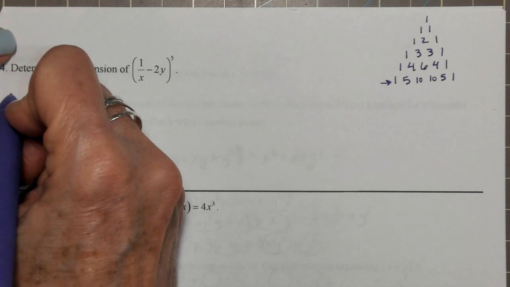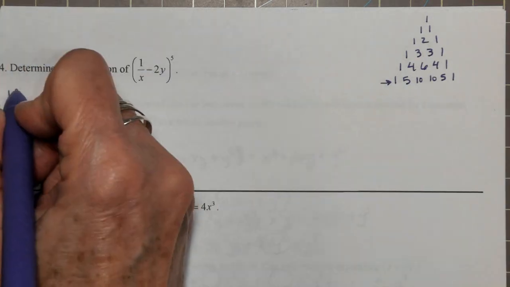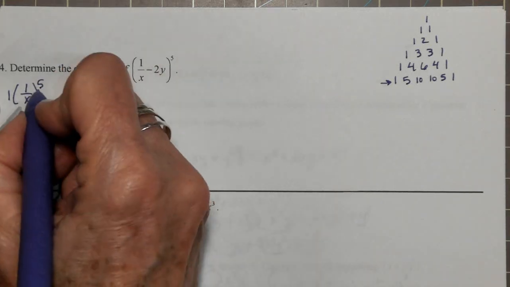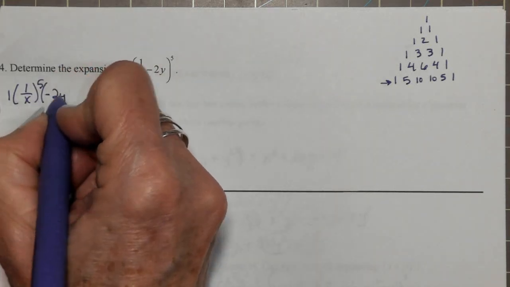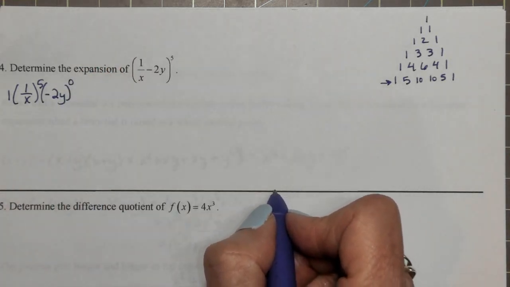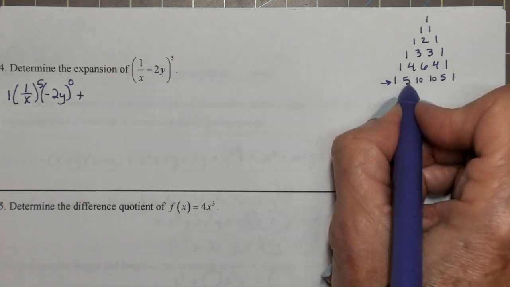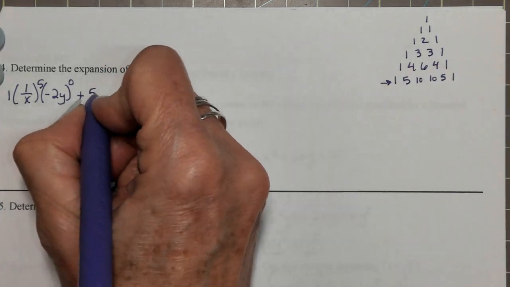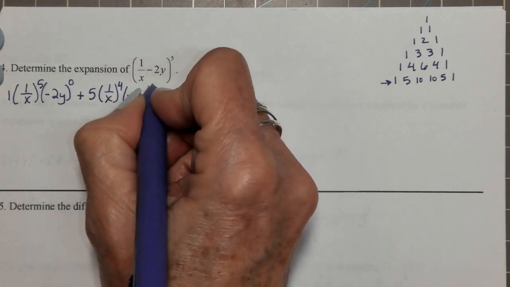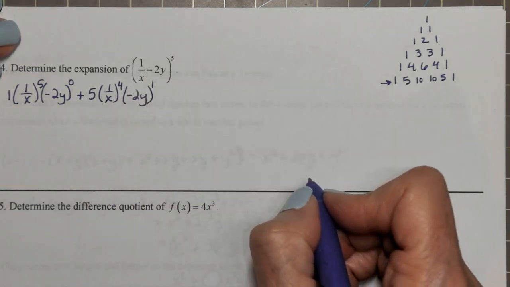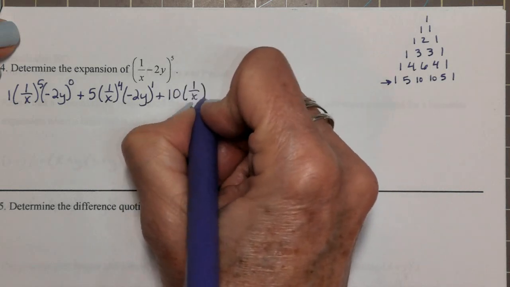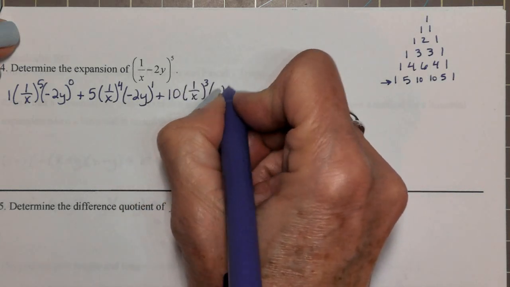So I'm going to have 1 times 1 over x to the 5th power. And if you like, you can say negative 2y to the 0 power. That's just a 1, so you really don't have to. Plus, the next coefficient is 5, 1 over x to the 4th, negative 2y to the 1st, plus 10, times 1 over x to the 3rd, times negative 2y squared,